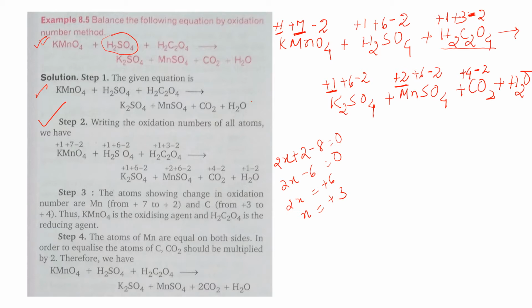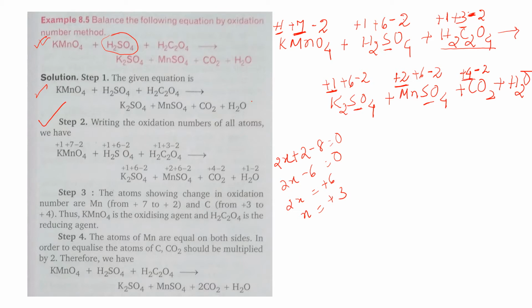So you need not see. Generally oxygen and all this we are not seeing. Now this hydrogen is also not changing. Hydrogen +1, +1, and this side also you will get +2. So there is no change. Now see for sulfur. On the left hand side sulfur is +6, right hand side also sulfur is +6. Here also it is +6. So there is no change. Okay. Now see for carbon. On the left hand side carbon is +3, on the right hand side carbon is +4. That means there is a change.